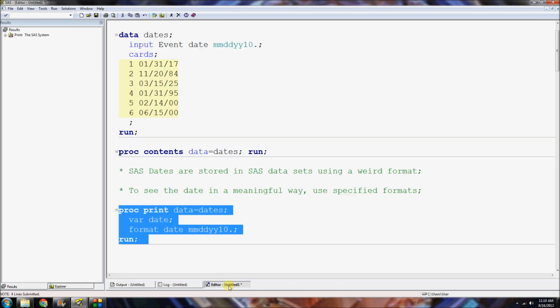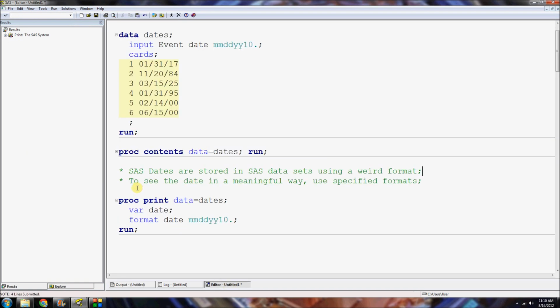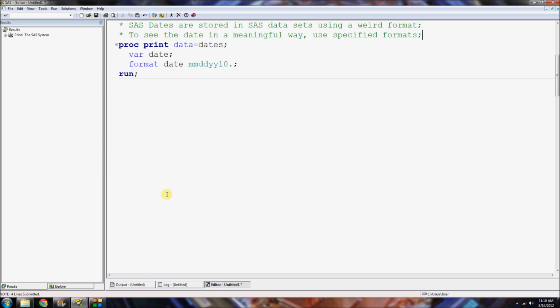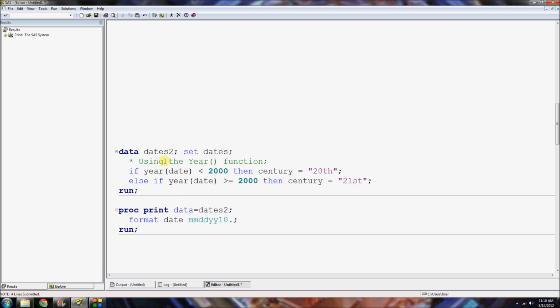So that's actually just the simplest way of looking at date data, but you want to sometimes manipulate that data and you want to actually do stuff to it. So for example, what if you want to take in the year? Here we have dates2. I'm creating a separate data set based on the old data set, and I'm going to use this year function